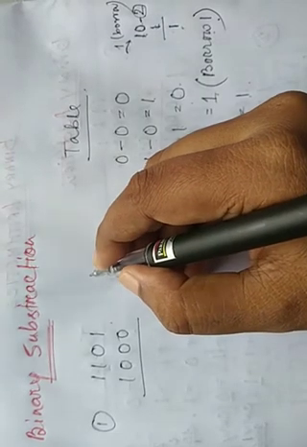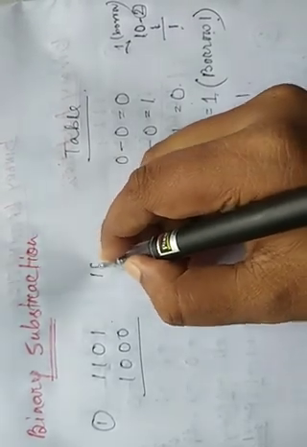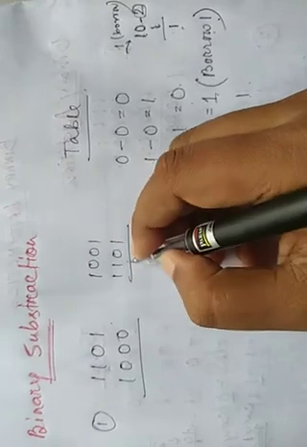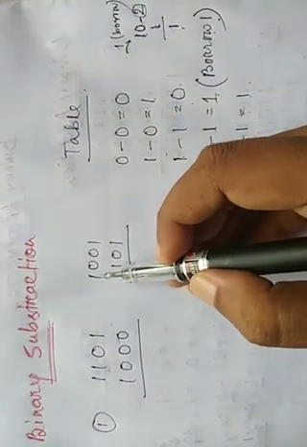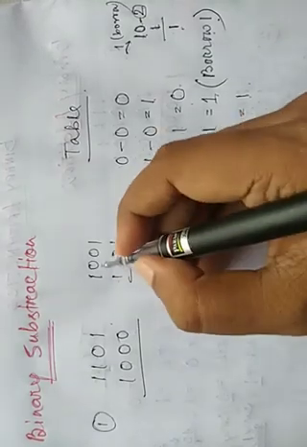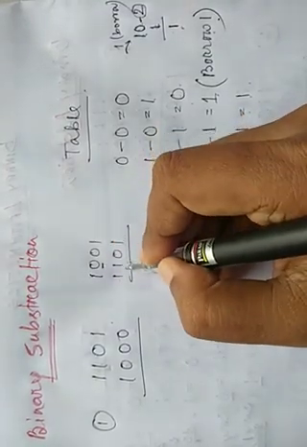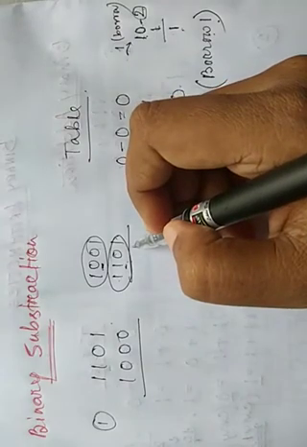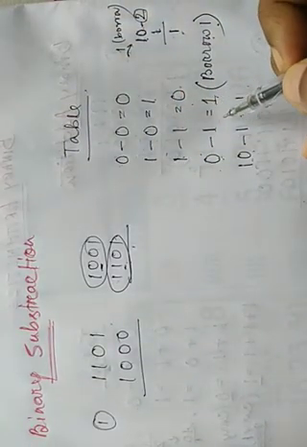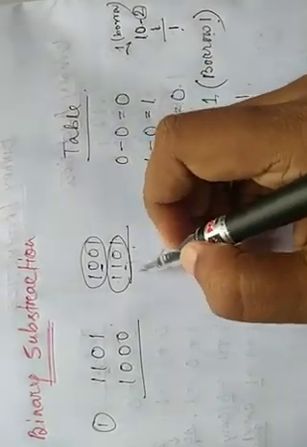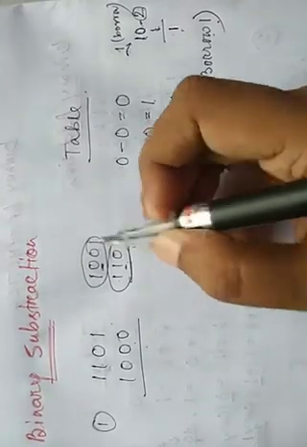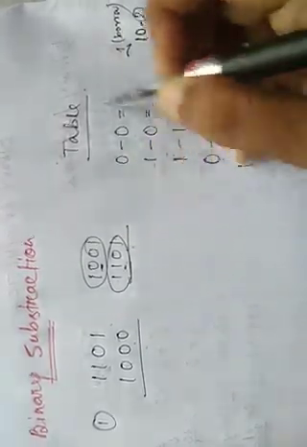But if the bits are like this, suppose 1001 and 1101. Suppose we want to subtract these. Now you compare: the first bit, both are 1. In the second bit, the first number is 0 and the second number is 1. So this number is smaller than the other number. So this subtraction cannot proceed using this process, because this process is only possible to subtract a smaller number from a larger number, but not a larger number from a smaller number.